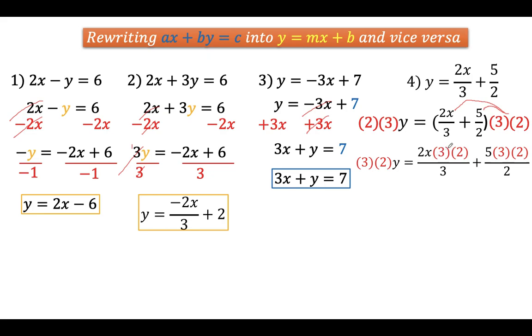Okay, as you notice here, 3 and 3 are common, so we can divide them, and that is 1. This 2 divided by 2 here is also common, so that is also 1. So we can now easily multiply them. So 3 times 2 times y, that is 6y, and here 3x times 2, that is 6x